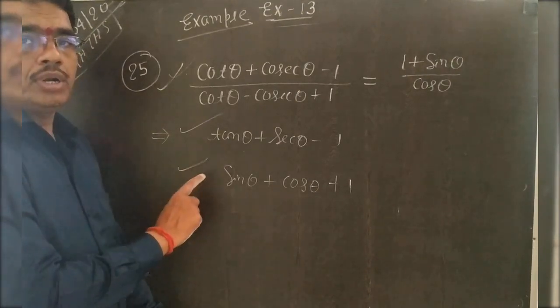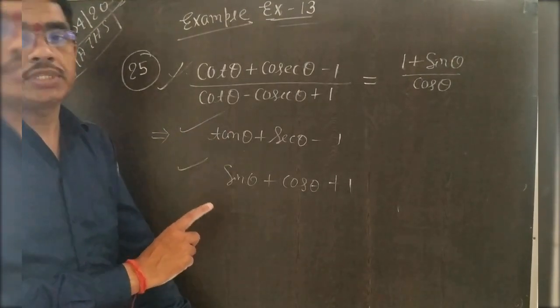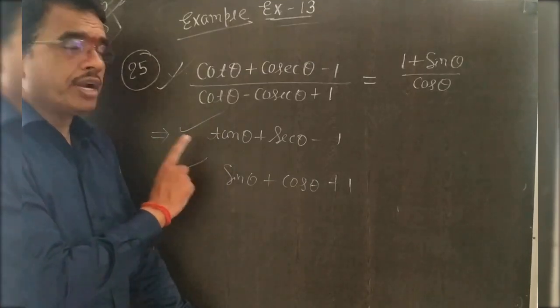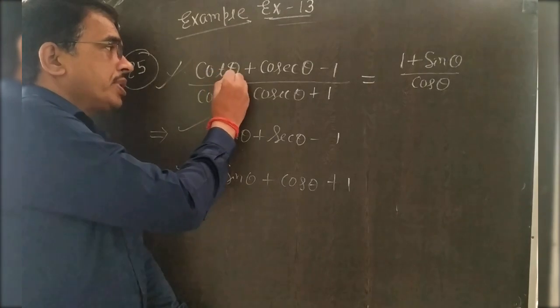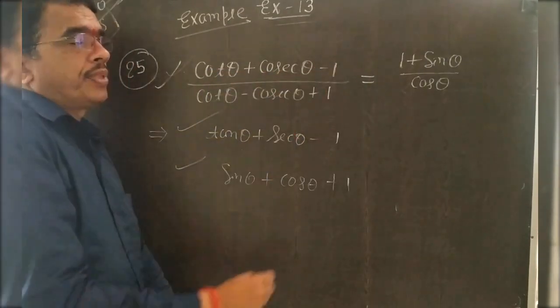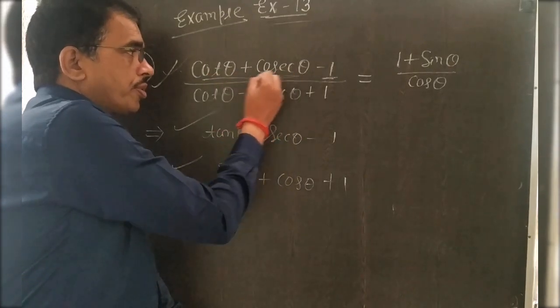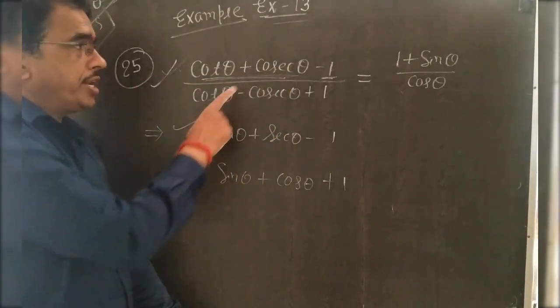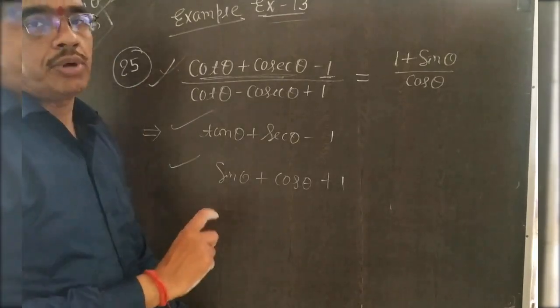One rule to solve this question: in every question you try to solve in your syllabus, there are 6 or 8 identities related to this problem. If your question is given with cot, cosec and 1, then this 1 is always changed in the form of cot and cosec. And the formula of cot and cosec is cosec square minus cot square.